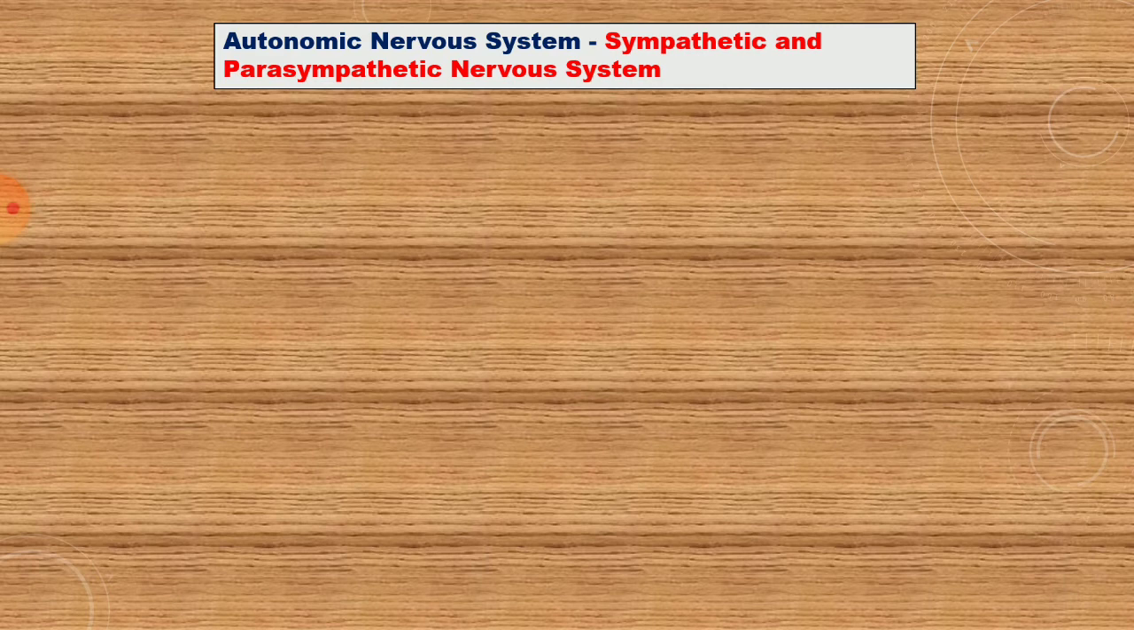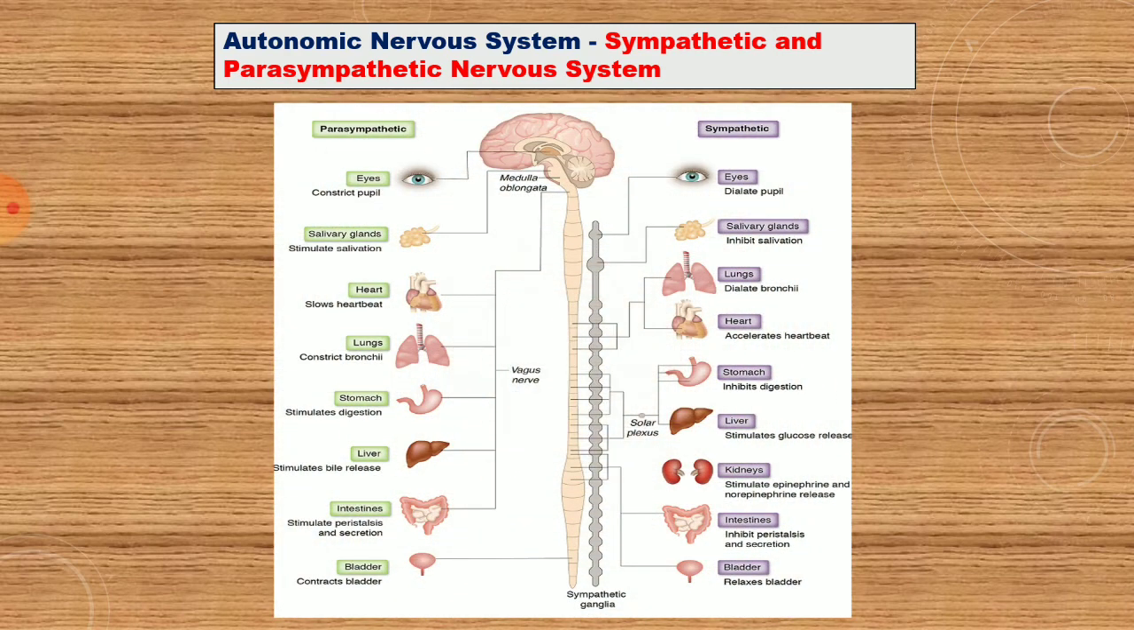The next one, the autonomic nervous system, which has two parts: sympathetic and parasympathetic nervous systems. The autonomic nervous system, ANS, is also called the visceral nervous system. Visceral means the inside organs. It regulates the functions of the internal visceral organs of our body through its two